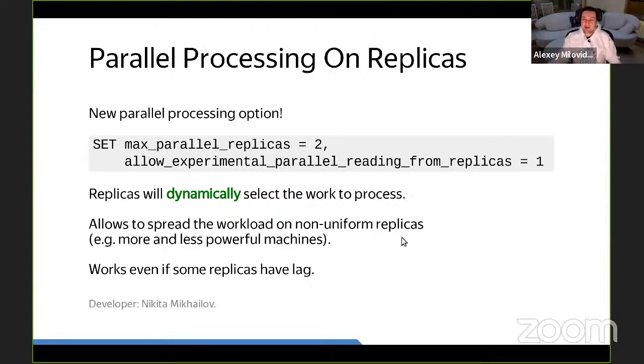Also, if some replica has delay, this parallel processing algorithm will select the most fresh available data. So it can use different replicas efficiently and consistently. This is an experimental algorithm. I would appreciate it if you try it and share your experience.